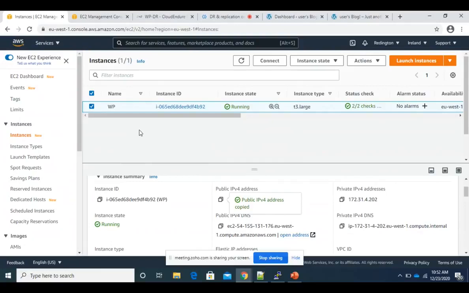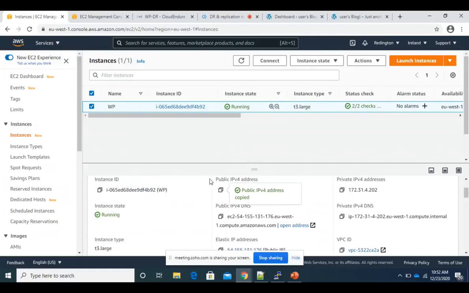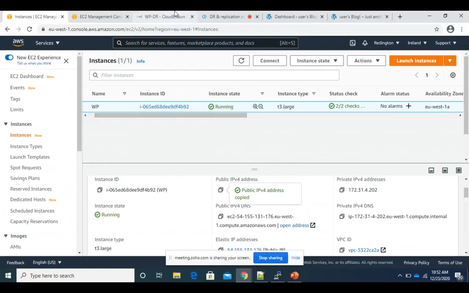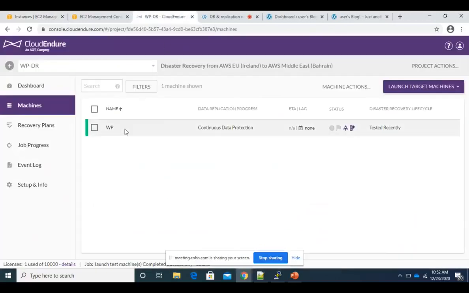So we wanted to create a disaster recovery for this site in the Middle East Bahrain region. First thing, we have to install the agent on this machine. We have to allow connectivity to console.cloudendure.com, and we have to allow TCP port 1500. I have done that already. Once you install the agent, you should be able to see your machine in the CloudEndure console.